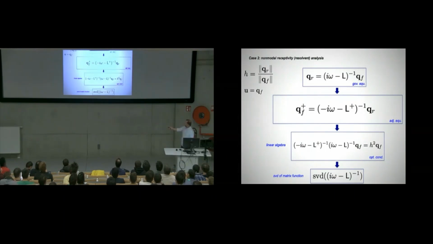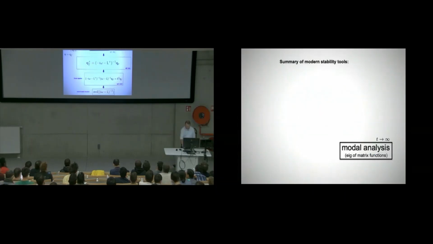Okay, and the same thing: the SVD of the resolvent gives you everything you want. The singular values will be the gains, and the singular vectors will be the forcing and response modes, the Q_F's and the Q_R's. Okay, one shot. So you probably have seen this. You may have even done these things, but there are actually special cases of an optimization that is much, much more powerful than being restricted to LTI systems.